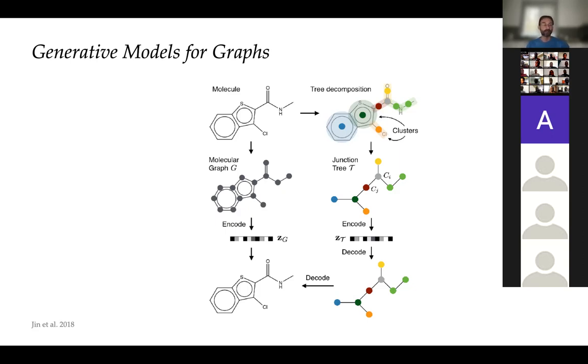And one interesting field of applications is computational chemistry, where you can try to generate new molecular graphs, and there are a lot of these potentially. You want to understand, first of all, how to generate these graphs, and how to even evaluate whether these graphs are interesting and meaningful. In chemistry, people don't think of graphs as nodes and edges, so they try to think of them as some higher level structures. This is the paper from the group of Tommi Jaakkola at MIT on junction tree variational autoencoders, one of the methods for generating molecules.